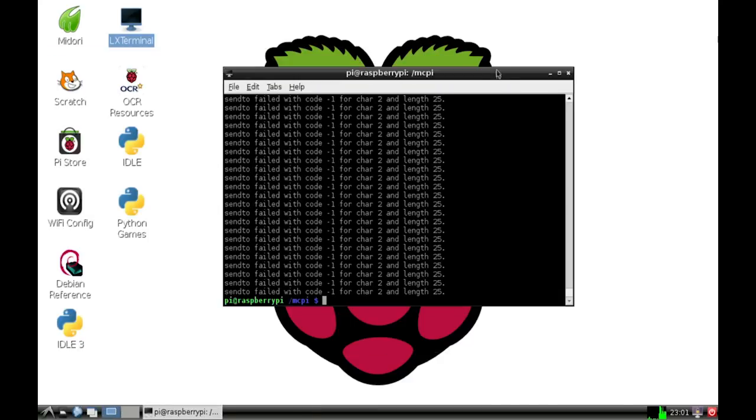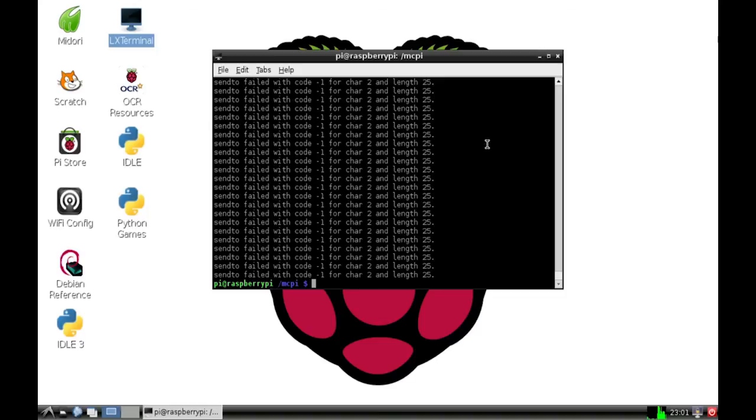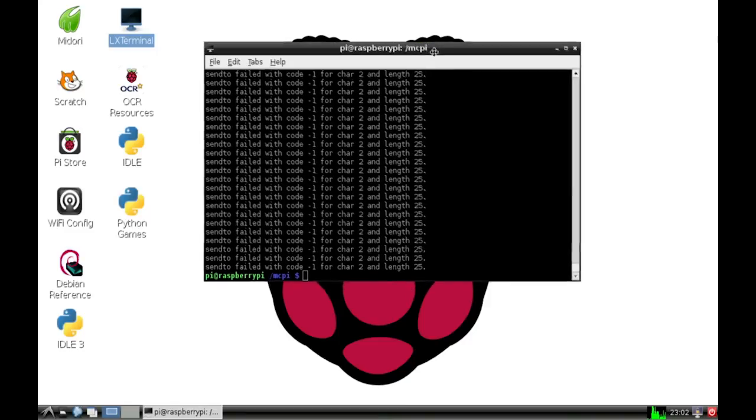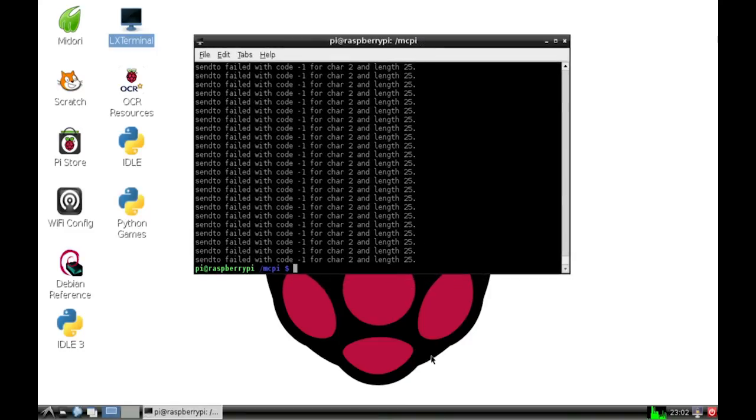I think I've bored you guys enough, giving you a quick look at the Raspberry Pi, how to set it up. Feel free to leave comments, correct me where I'm wrong. Although, I don't think I'm too wrong on anything. But we'll find out. There's a lot of people out there that are better at this than me. Hopefully they